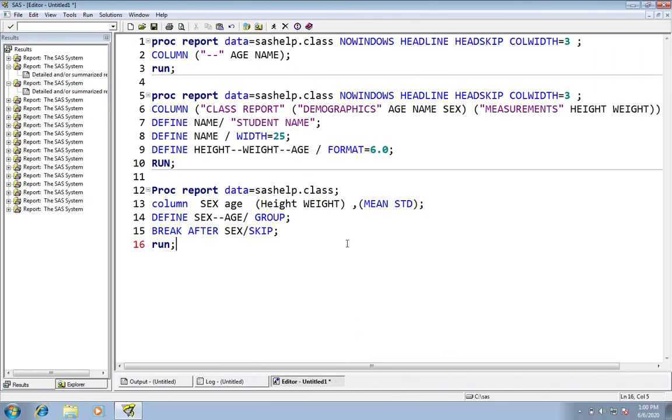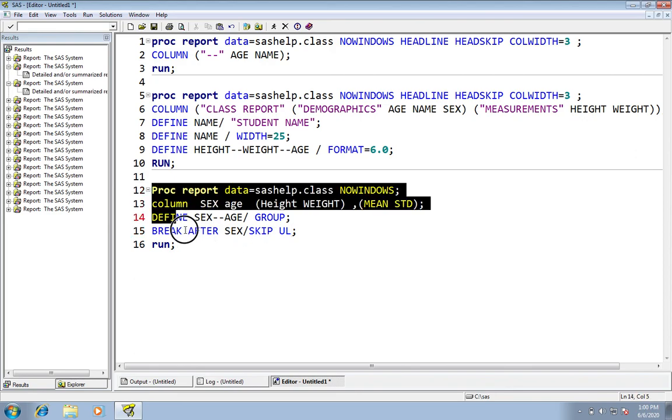First close this. I'll give no windows, otherwise it will generate the report every time. Now I will give the underline option. Now execute the program.